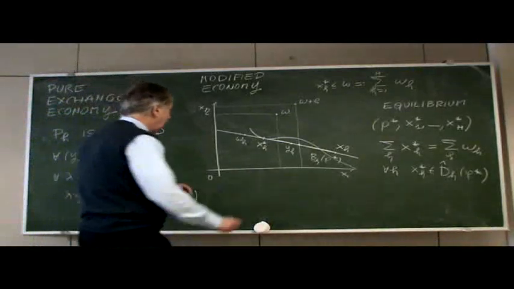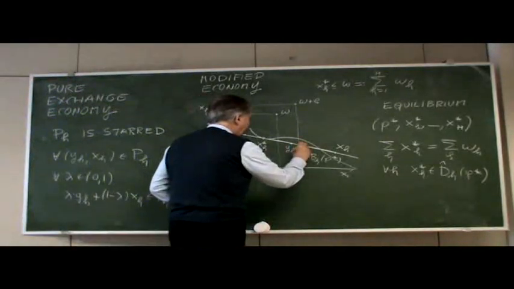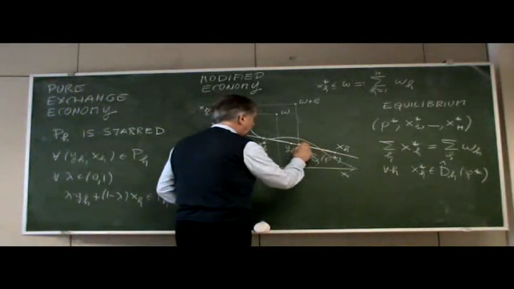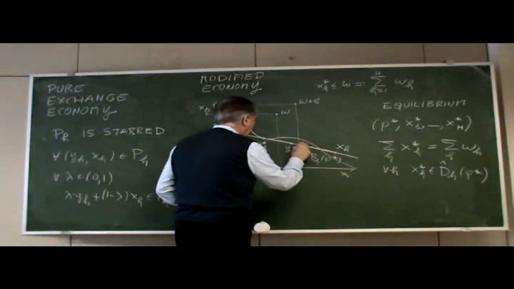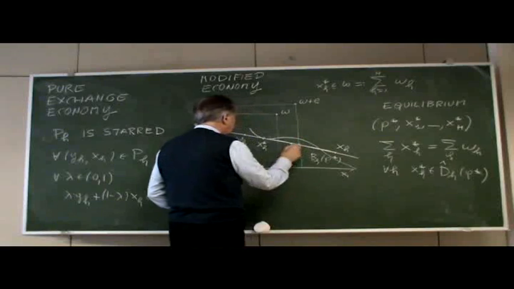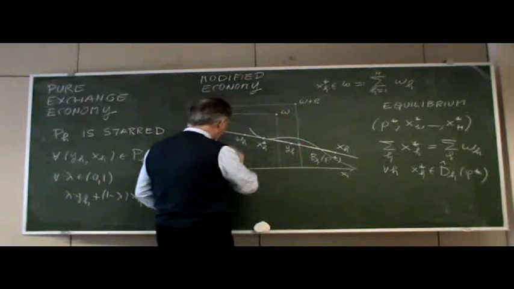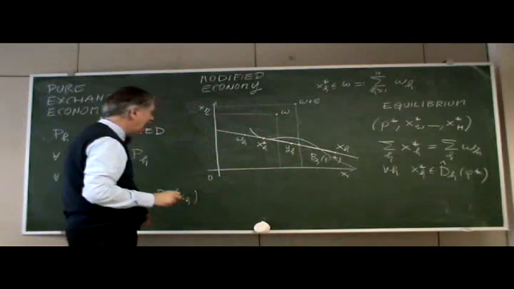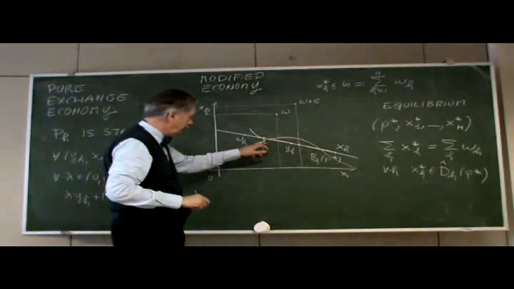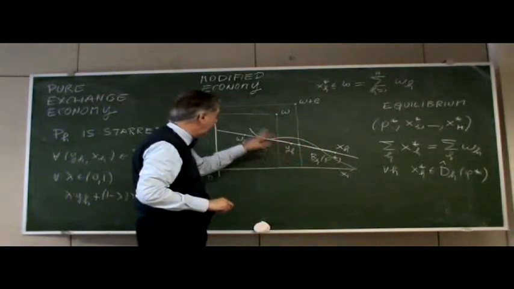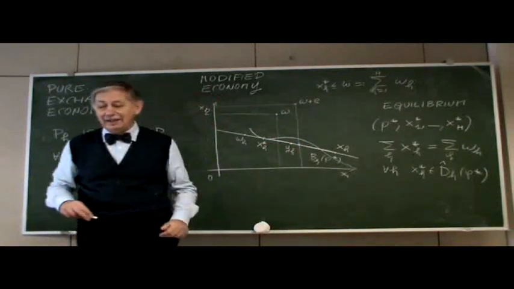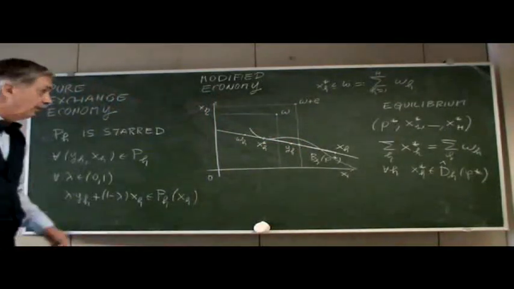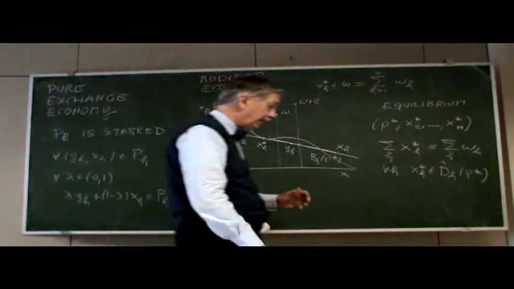If X star H were at this point, the argument does not run, but it is possible that the equilibrium X star H is here. It must be in this smaller rectangle. And so there is a way to find a point in the truncated budget constraint which is preferred to X star H. In this way, Debreu